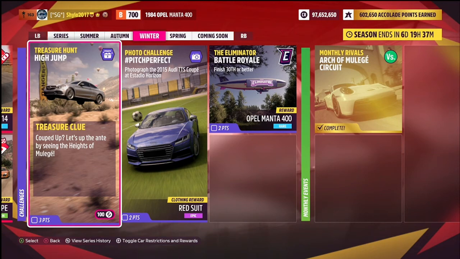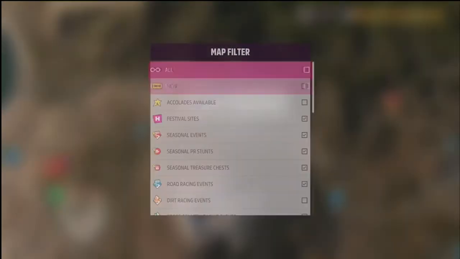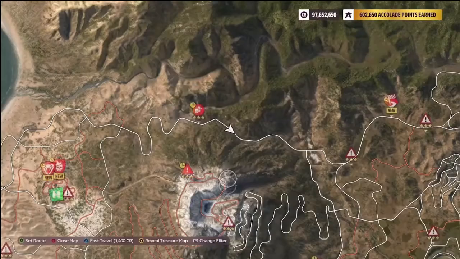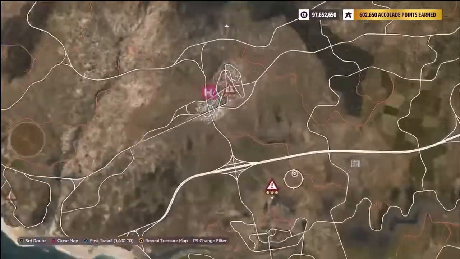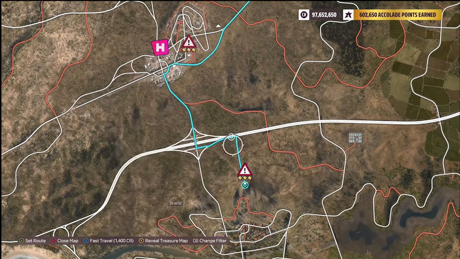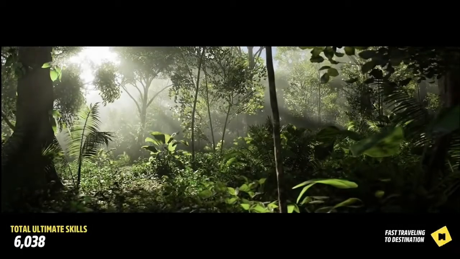So you basically want to head over to your map. This time you're going to want to filter to danger signs. Wrong one, danger signs, and then head down here by the main festival. You'll see the Heights of Moulage danger sign, so you need 76.2 metres or more. So fast travel to the edge of the motorway here, and then you've just got to drive and get